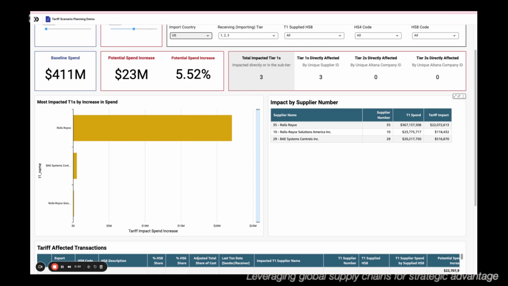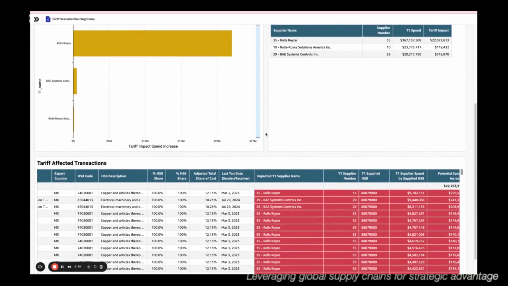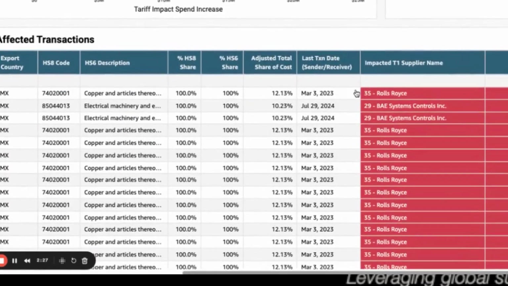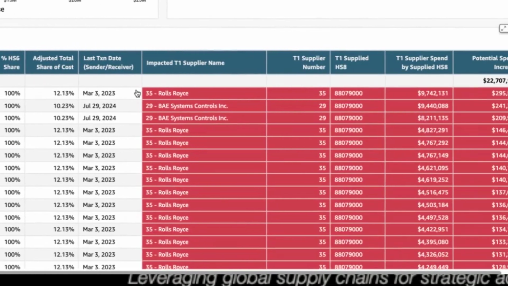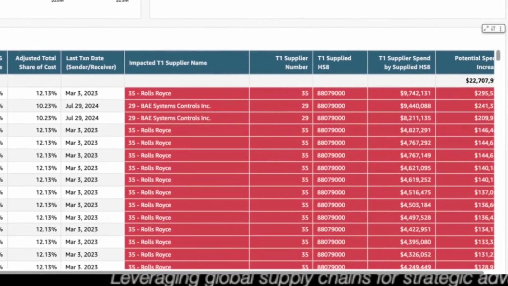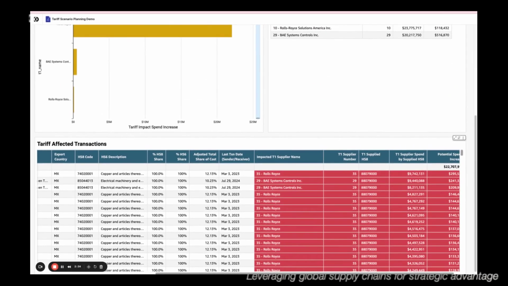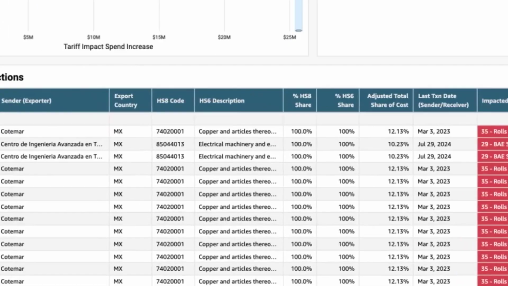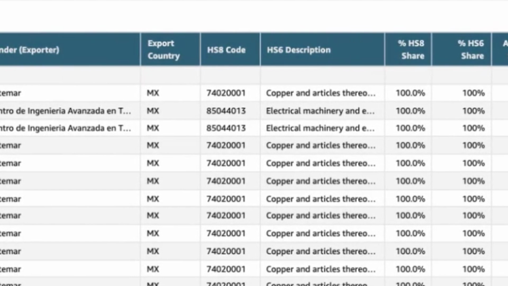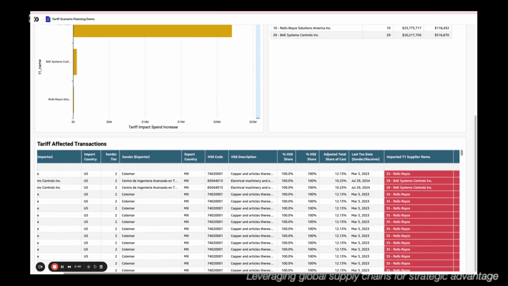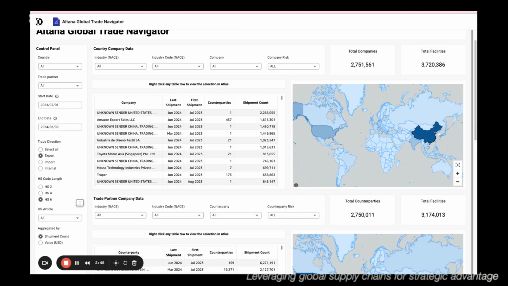The system ranks all relationships by tariff code impact, allowing you to see which specific relationships are expected to create the highest cost burden. However, our aim is not just to identify the problem, but also to help you address it. For instance, if we've identified a high-risk supplier relationship involving HS code 740200, with just a few clicks, we can launch into our Navigator dashboard to find alternative suppliers outside of the